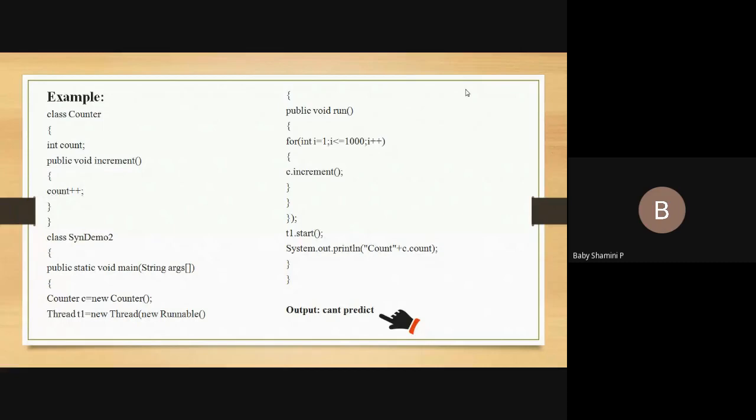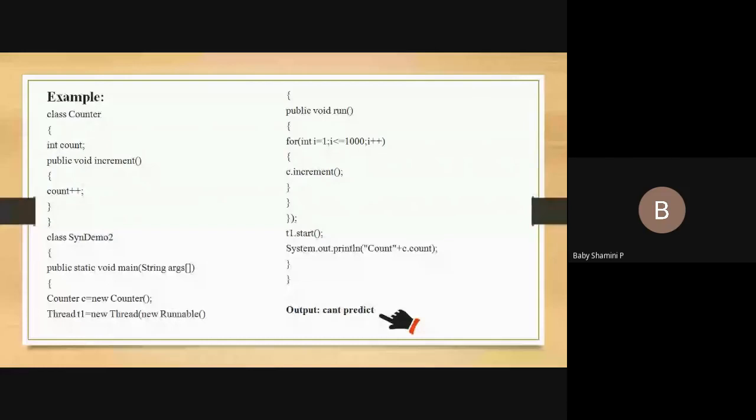So this is a user defined run method, isn't it? But Thread is a class. In Java we have a separate class for thread, like String is a class, StringBuffer is a class. In the same way, Thread is a class. So inside Thread, we have a run method. If you want to execute the thread function, it automatically calls the run method.